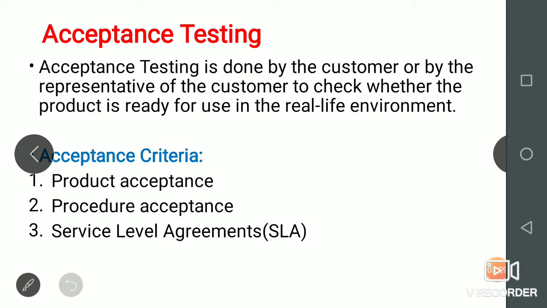The next acceptance criteria is procedure acceptance. We have finished product acceptance. The next one is procedure acceptance. Acceptance criteria can be defined based on the procedures followed for delivery. Before delivering or while delivering, we need to follow some procedures. What are those procedures? For example, it may be documentation or it may be the release media of a product. Some more examples of acceptance criteria are, the first one is user or administration and troubleshooting documentation should be